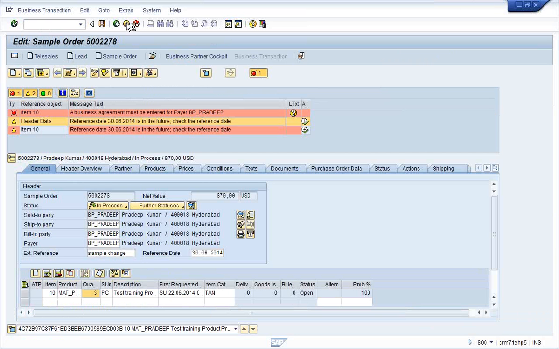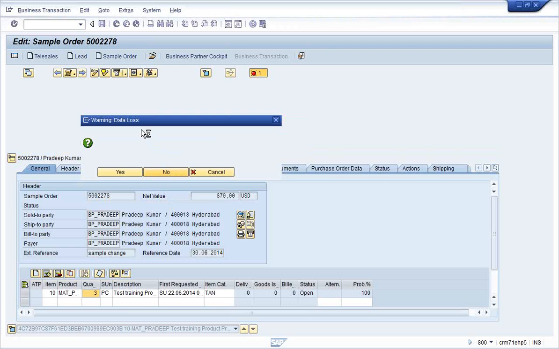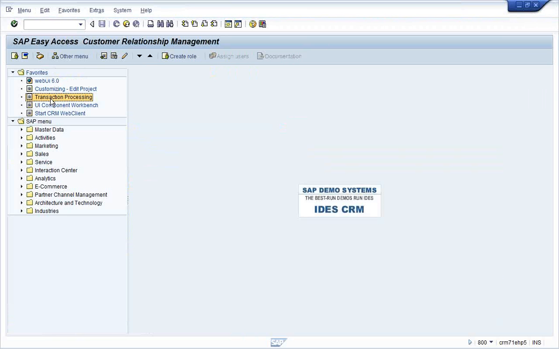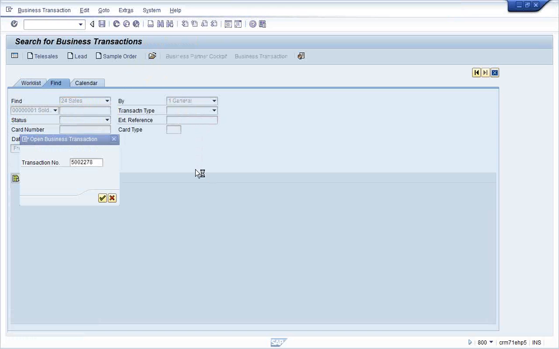I'm not sure why that is not happening. I'll just debug and find out why the error message is not shown.